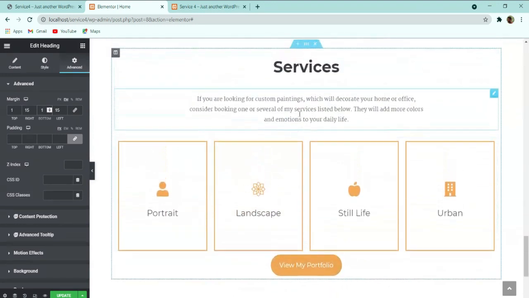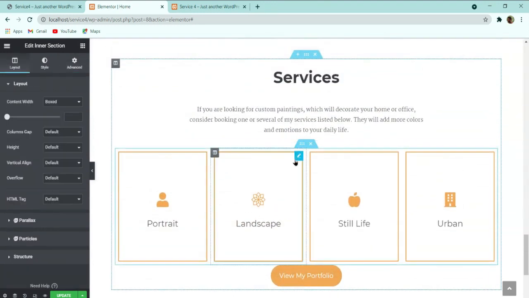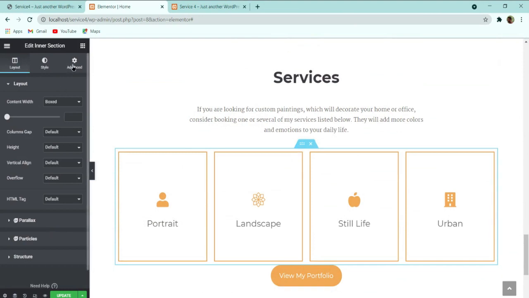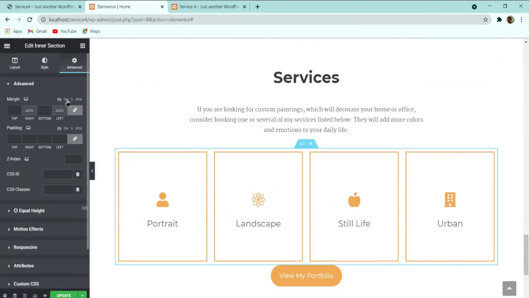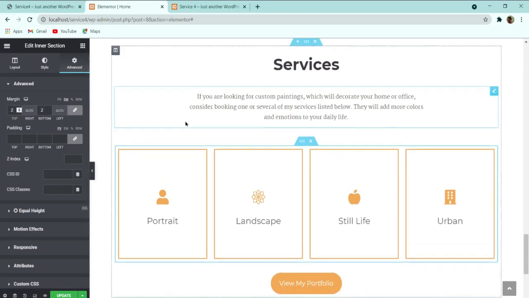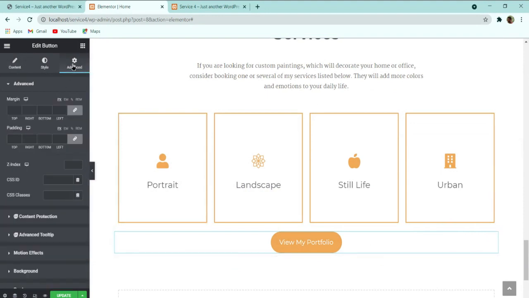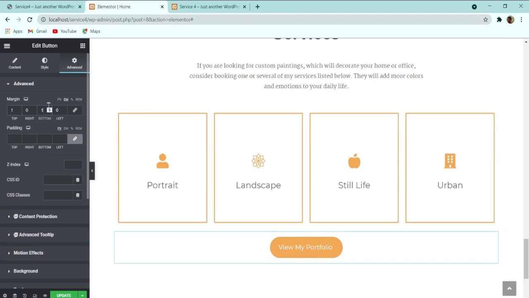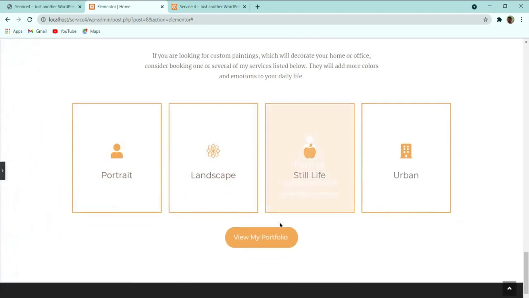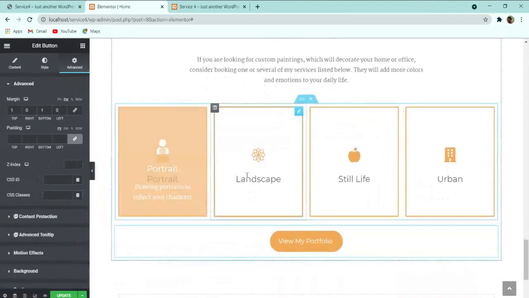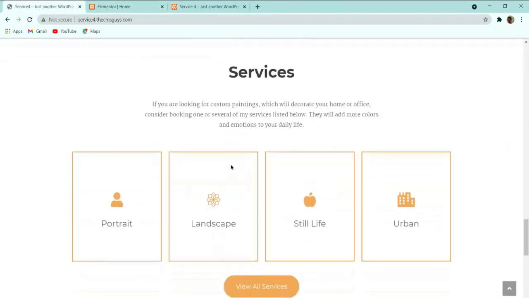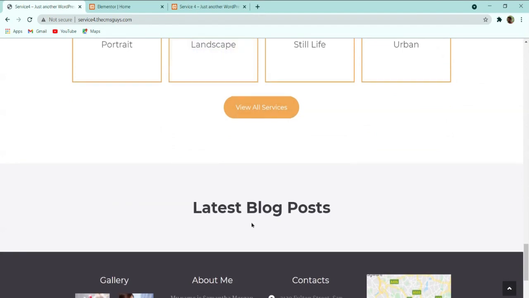And then for this inner section also, simply go to this inner section setting, go to the advanced part, click on em and add top 1, or you can add top 1 and bottom 1. And then for the button part also, you can add a top margin and a bottom margin of 1 em. It will make you align properly and look good if you add these em features instead of this pixel. So with this, let's move to our next section.